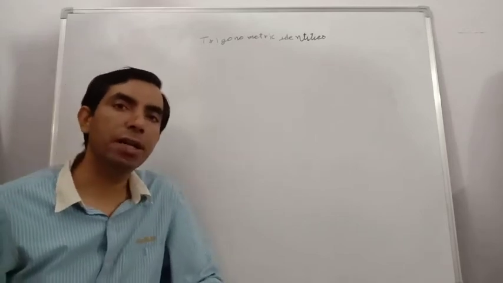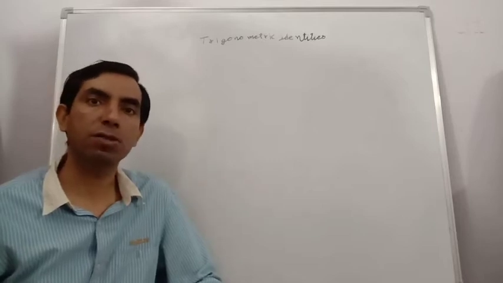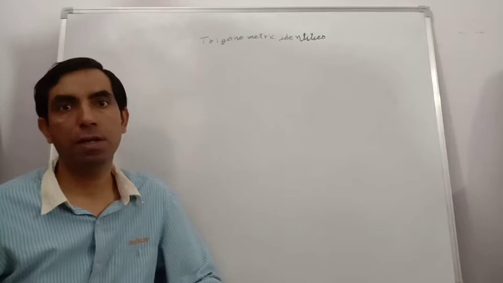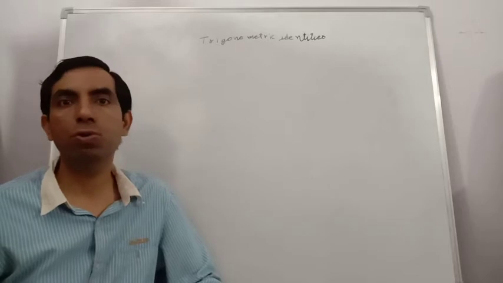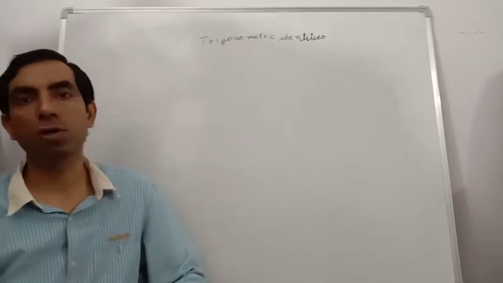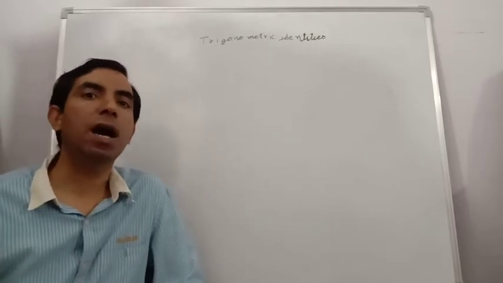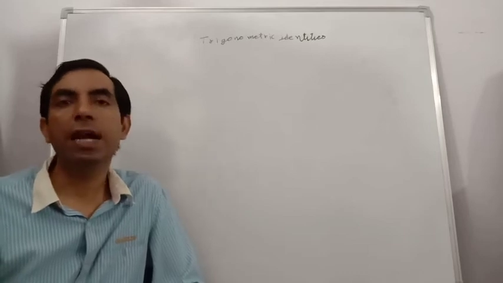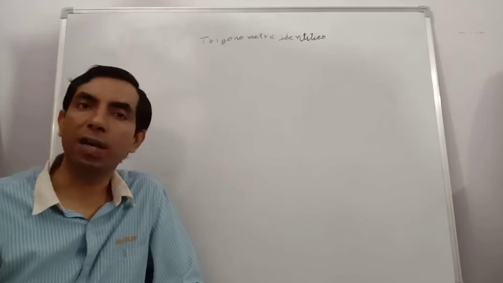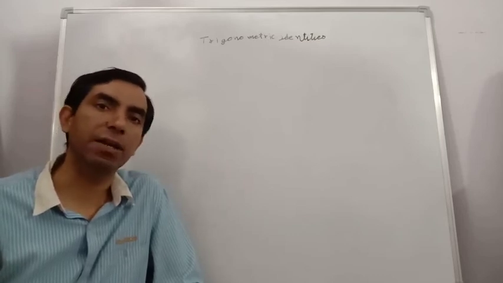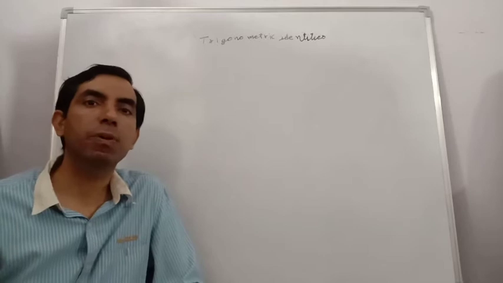In the previous video we have already learned that the trigonometric ratios sine, cos, tan, cot, cosec, sec are all relations between perpendicular, base and hypotenuse. Sine is the inverse of cosec and cosec is the inverse of sine. Similarly, cos, sec and tan, cot are inverses of each other. And we have already learned that sine square A plus cos square A is equal to 1, sec square A is equal to 1 plus tan square A, and cosec square A is equal to 1 plus cot square A. These identities are used to transfer from one to another.